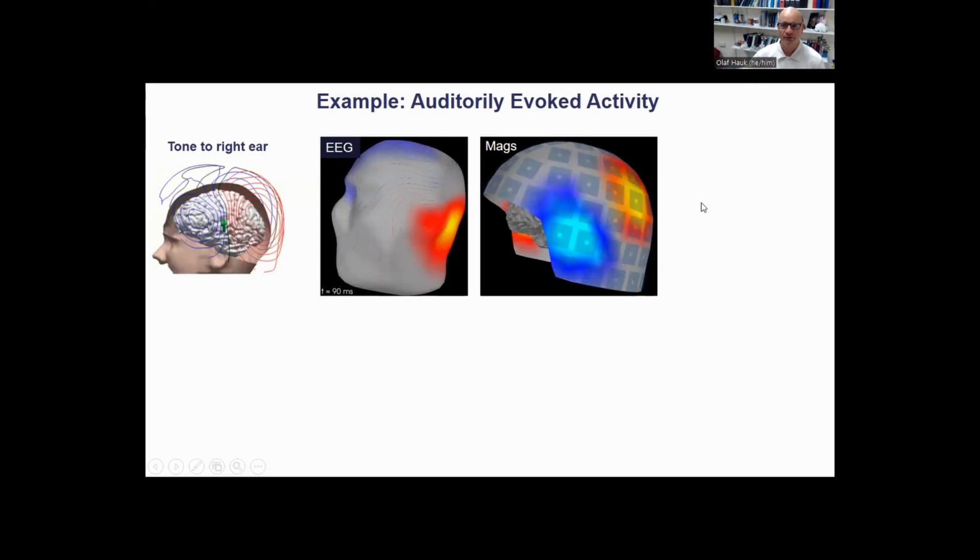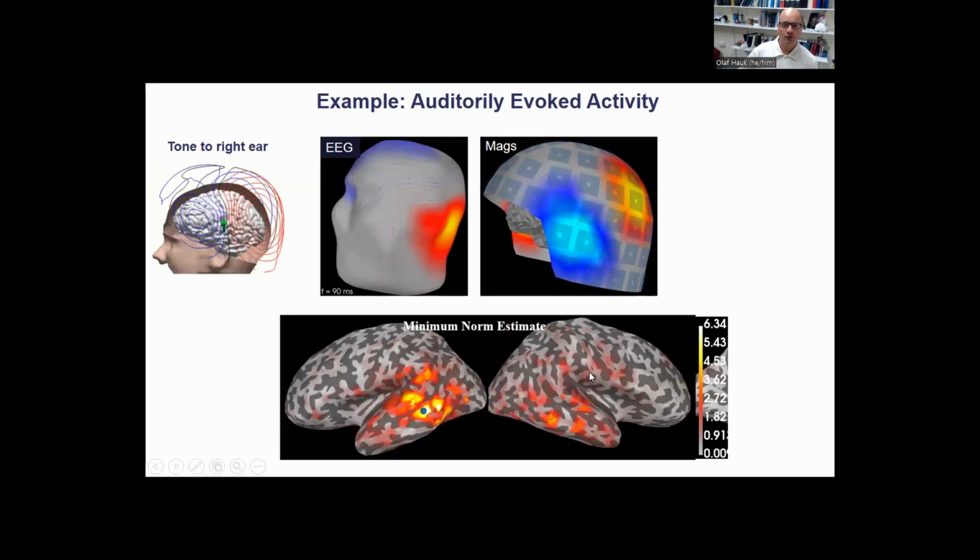And if you then use source estimation and produce the kind of solution that gives the minimum norm, then you do get some confirmation that it must at least come from close to auditory cortex. I mean, the peak, interestingly, is in the middle temporal lobe. So there you go, because auditory cortex is a little bit deeper down here in the Sylvian fissure. So that is something we will have to talk about later. But you can see it's left lateralized, and at least it's confined to an area in the proximity of